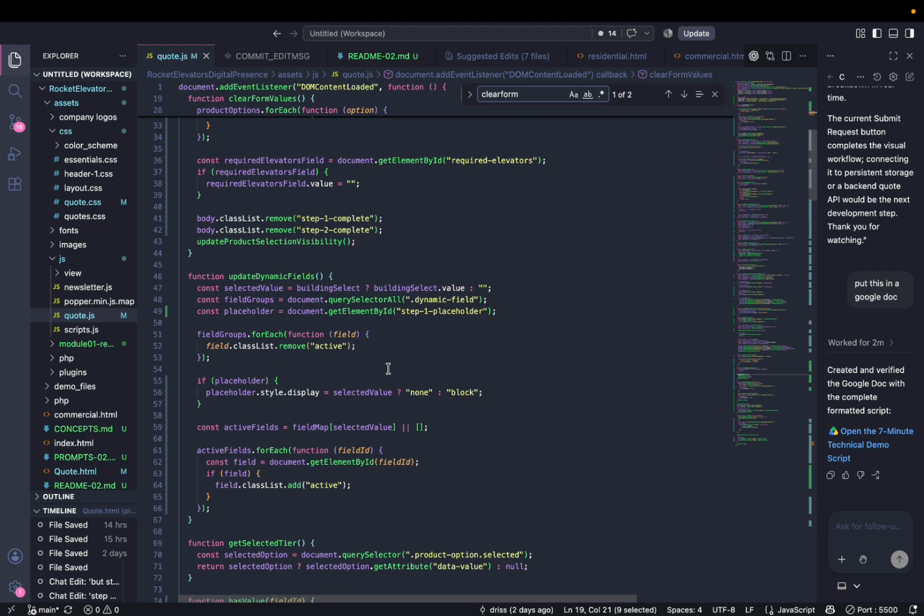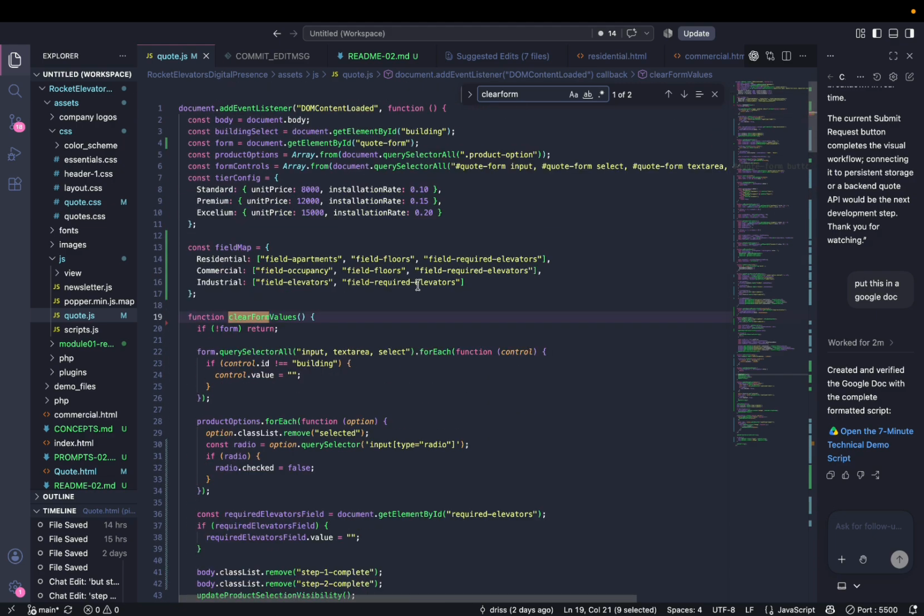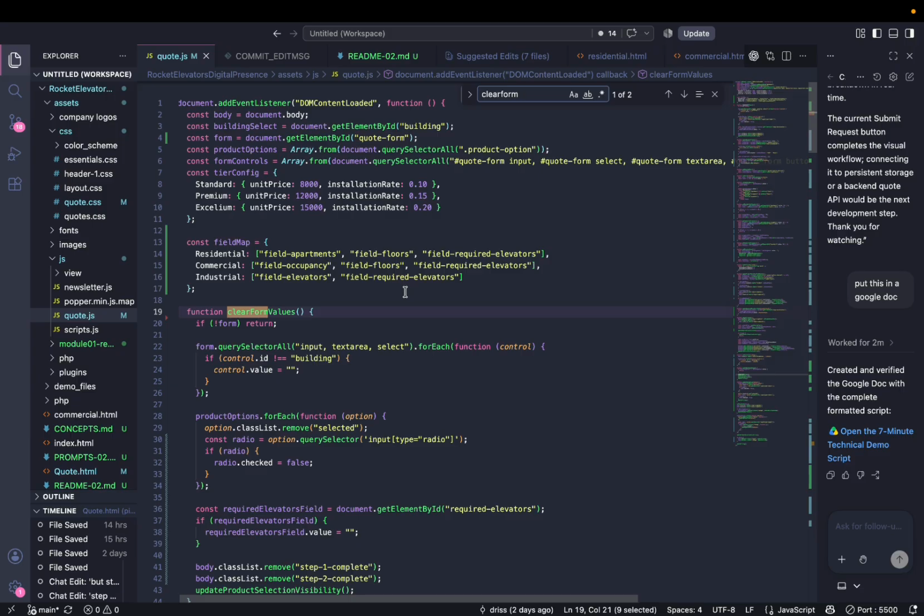So when the building selection changes, clear form values removes old field values and product selections. The set form state function enables the remaining controls, and update dynamic fields adds the active class only to the fields associated with the selected building type. The is step one complete function